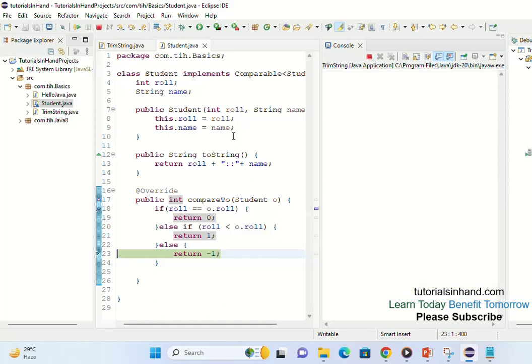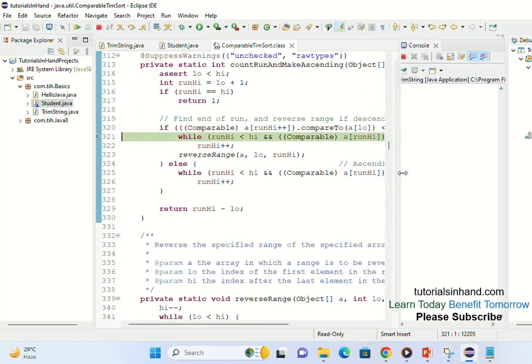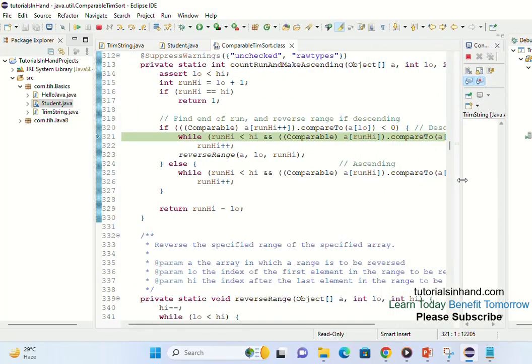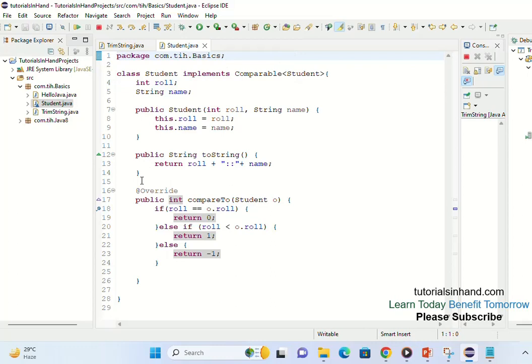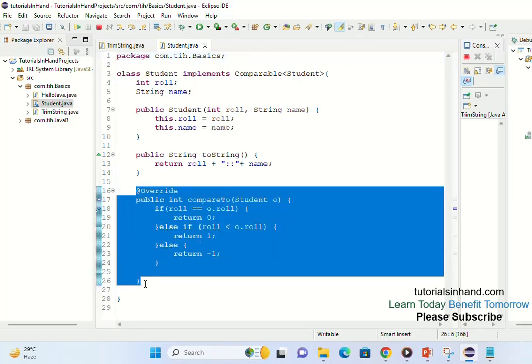Now if we press F6, you will be able to see where this sorting is getting done. See, it has its own logic which you don't have to write, because it is implemented by ComparableTimSort itself, and this is where the logic is working. Means you are returning 1, -1, something like that, and it is taking the things in this way. So this is ComparableTimSort. If you want, you can go ahead and check all the logic over here. We are not going to delve deeper into it. We just want to show you how this is working. So hope you have been able to understand how this is working.